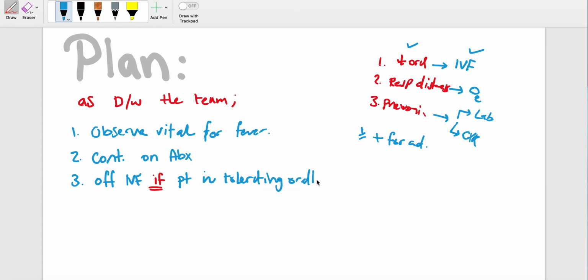If tolerating orally and has no vomiting, okay? Then we can say follow up pending labs, if there is a pending lab, okay? So follow up pending labs,